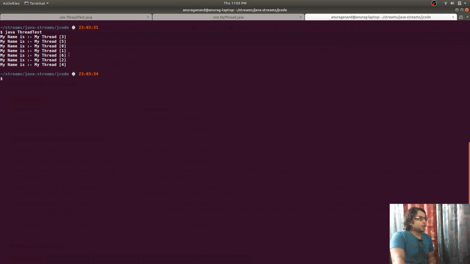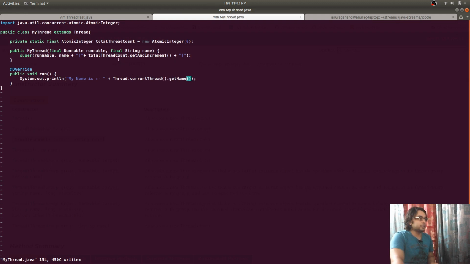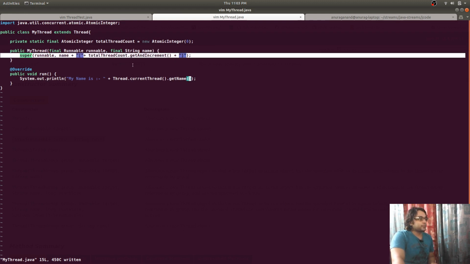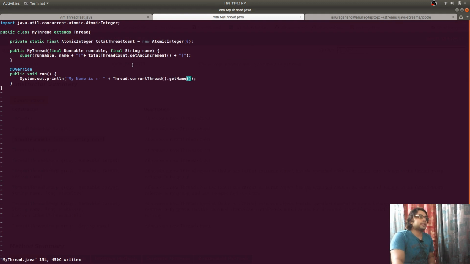You saw, this is something that we cannot do in a runnable. We cannot modify the name of a thread during object initialization, like this. So this is the reason we need to extend a thread rather than implementing a runnable. If we only want to execute a piece of code, a sequence of instructions, then runnable will do the work. But if we want something custom, like having custom names for different threads.